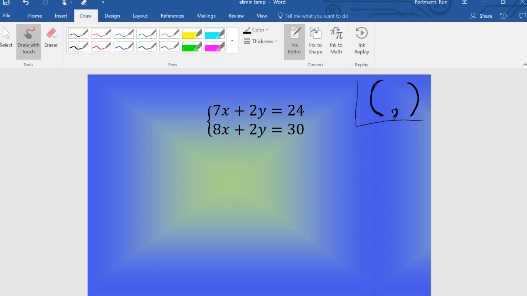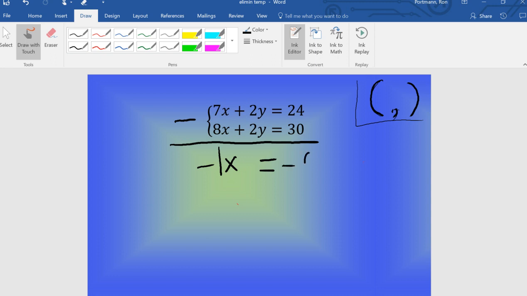All right. We are going to subtract these because when we combine these, we're going to subtract, and when we subtract, we're going to eliminate the y's because 2y minus 2y is going to give you, of course, 0. So we're going to do 7 minus 8. You can't afford to get these wrong, because 7 minus 8 is negative 1. So it's negative 1x, or just negative x if you'd like to write it like that, and 24 minus 30